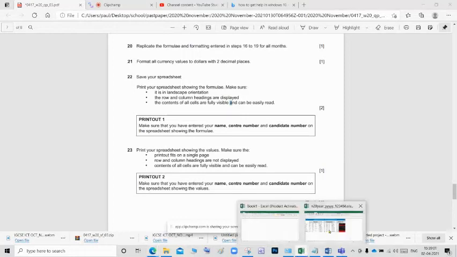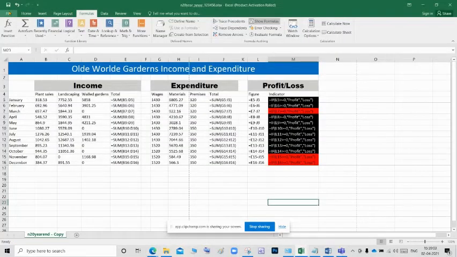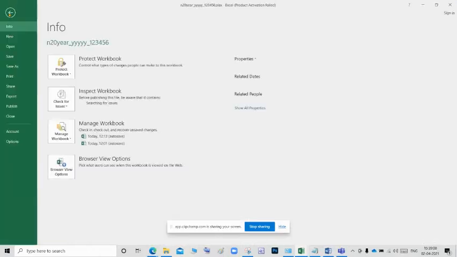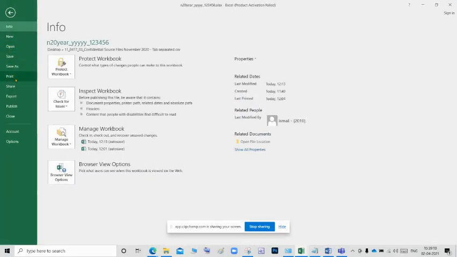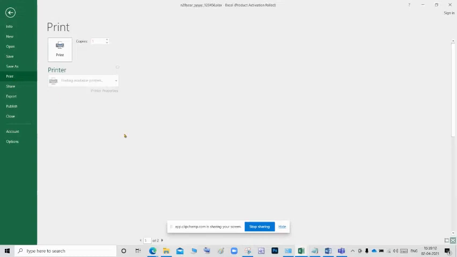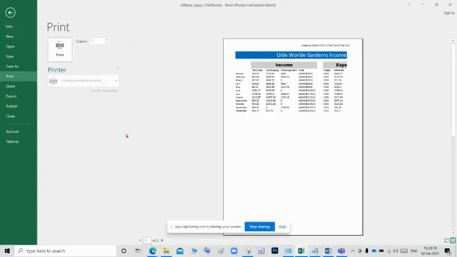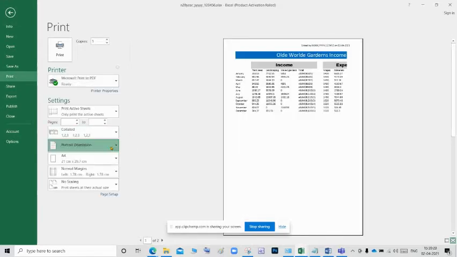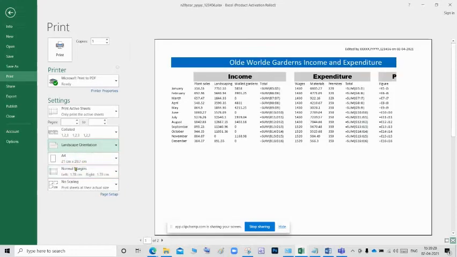So what am I going to do? Go to the Excel sheet, go to File, go to Print. They ask you to give the landscape orientation. In some past papers they will ask what type of paper, so you can select the type of paper from this.